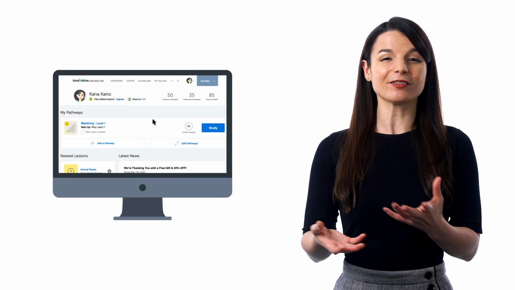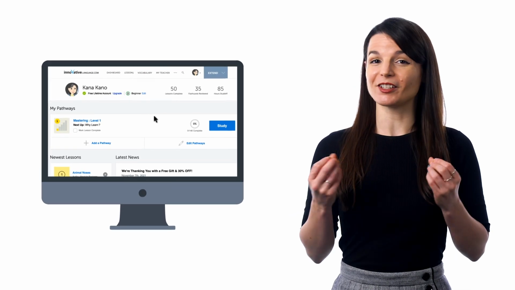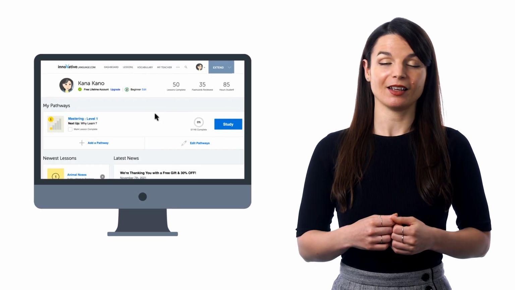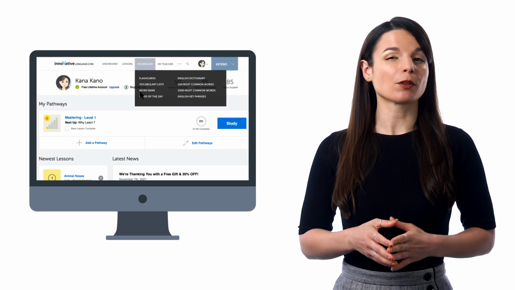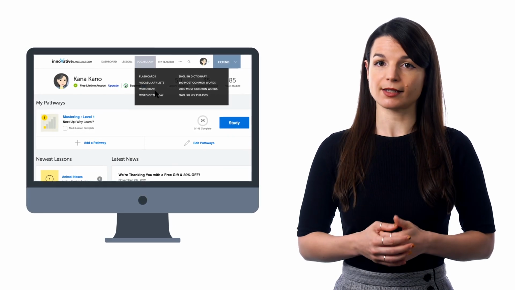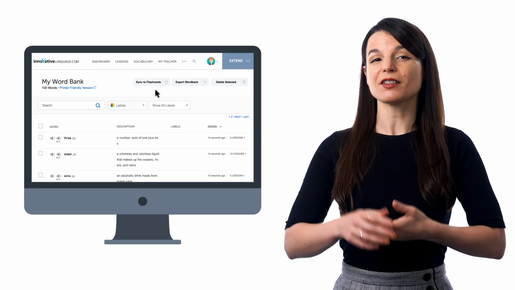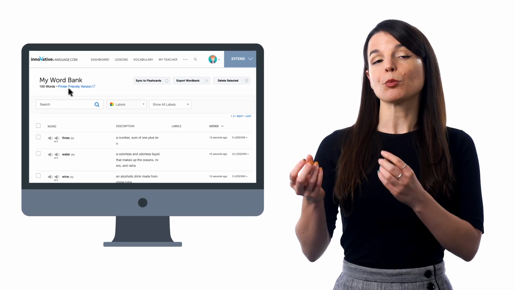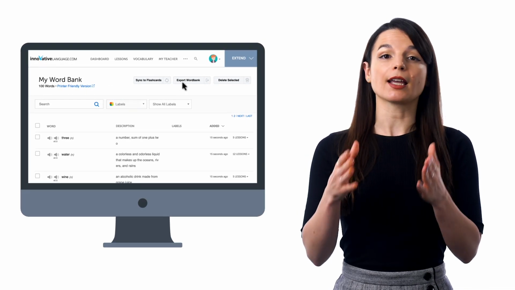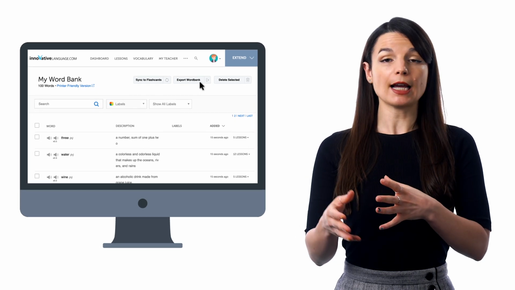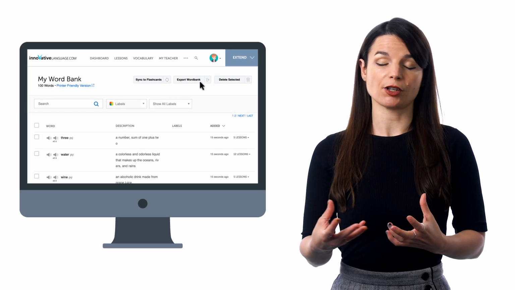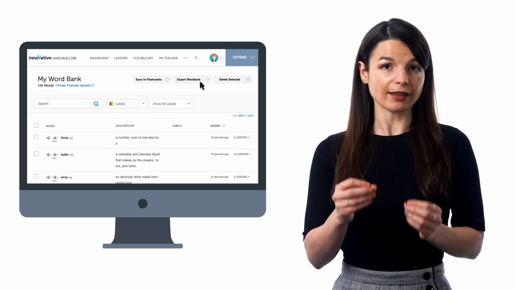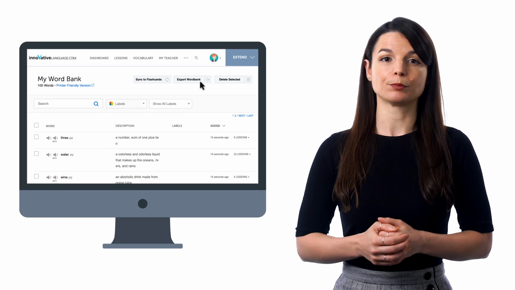The word bank is kind of like your extended brain, where you can save words and phrases that you come across, so you can review them later. Just look for the word bank in the vocabulary menu on the site. But what's cool is you can also create printable study sheets for your words and phrases as well. Just click on Printer-Friendly Version. You can also click Export Word Bank. If you've organized and labeled your words into categories, such as verbs and adjectives, you can select that label and export it as a PDF. Then print the file out. You can write on it and keep it as physical study material.